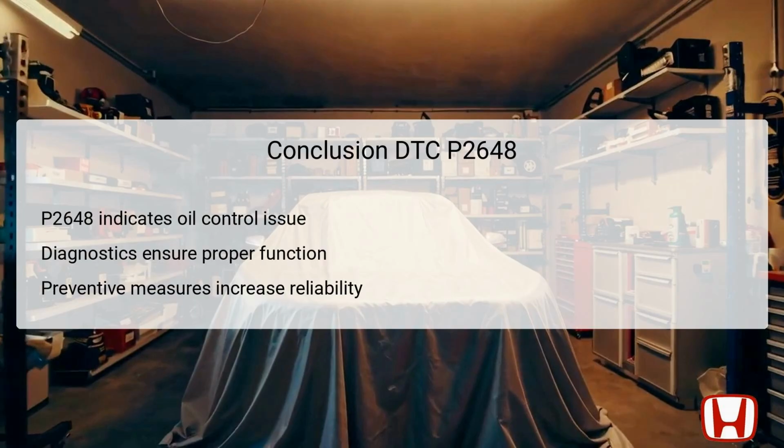Once repairs are successfully executed, performing thorough testing ensures operational integrity. Implementing preventive measures fosters reliability in the vehicle's performance, helping to avoid future occurrences of similar errors. By effectively addressing the P2648 code, vehicle owners can maintain optimal engine performance and longevity, ultimately ensuring a better driving